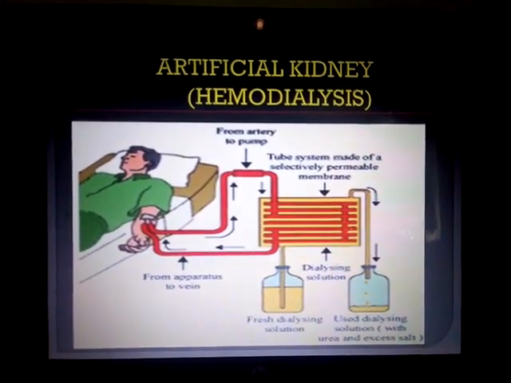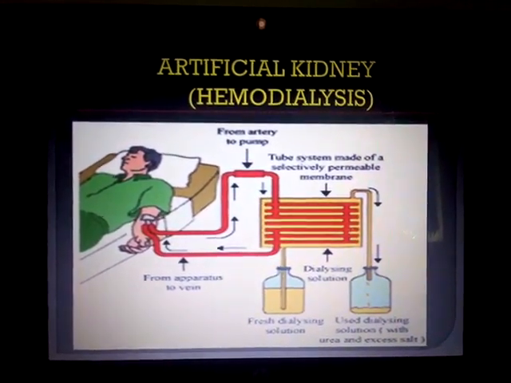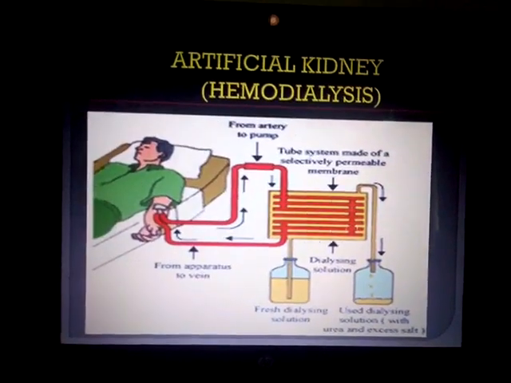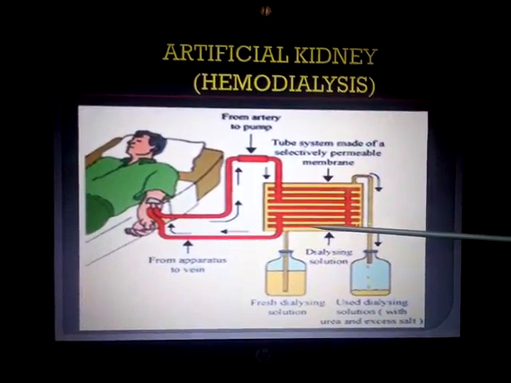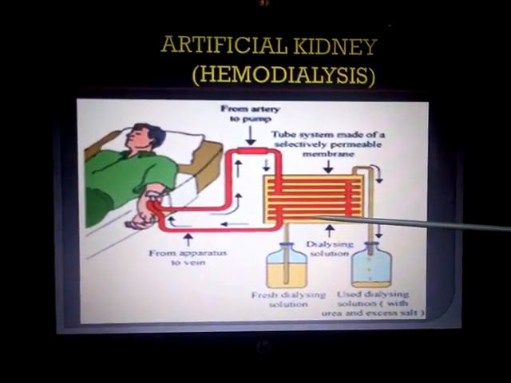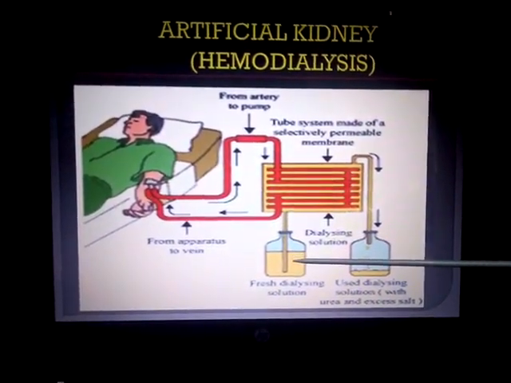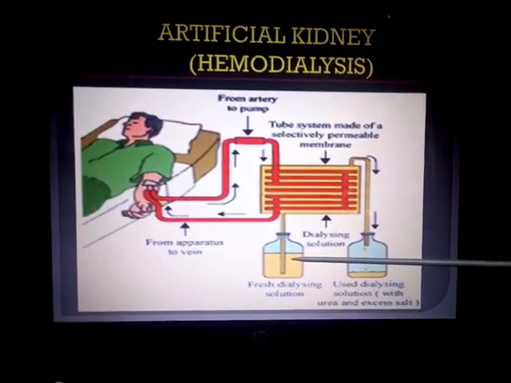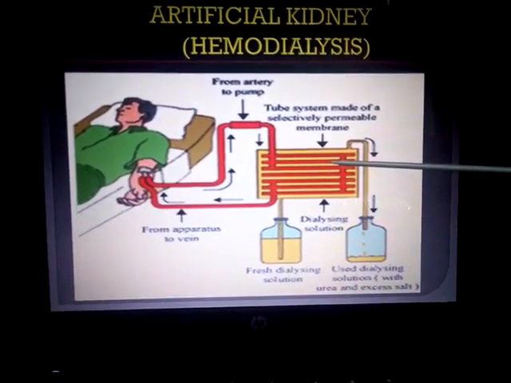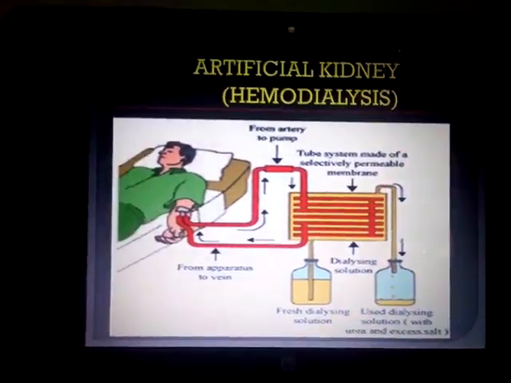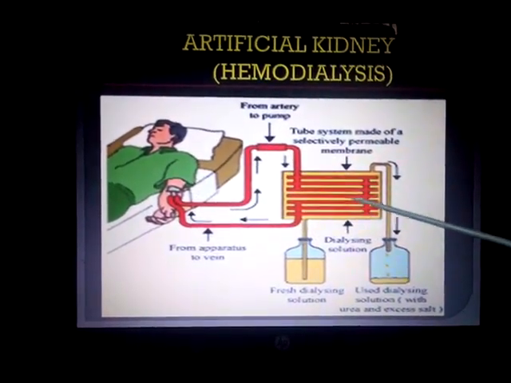Artificial kidney is a device to remove nitrogenous waste products from the blood through dialysis. So it contains a number of tubes with a semi-permeable lining suspended in a tank filled with dialysing fluid. This fluid has the same osmotic pressure as the blood, but the blood only contains the nitrogenous waste materials. The patient's blood is passed through these tubes.